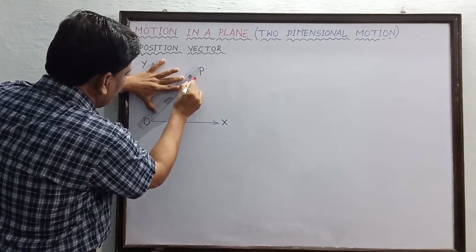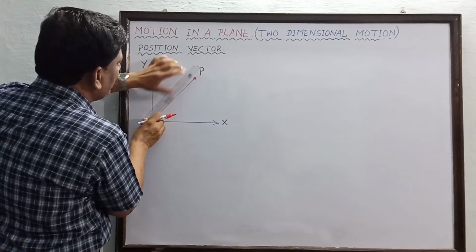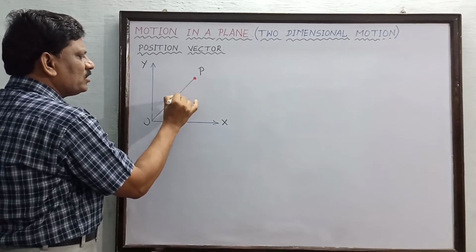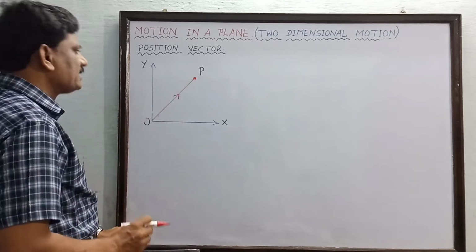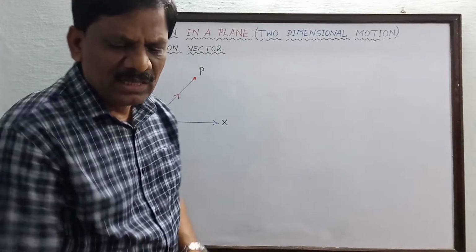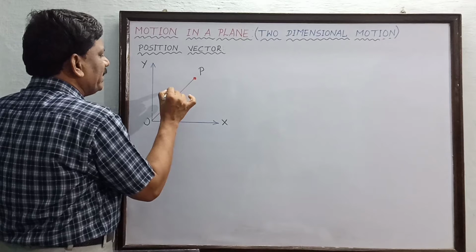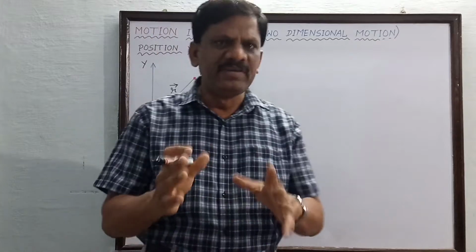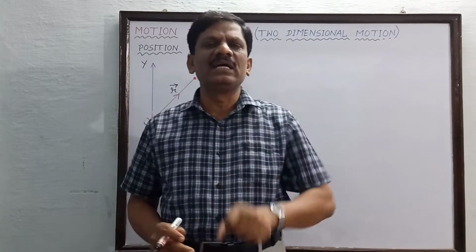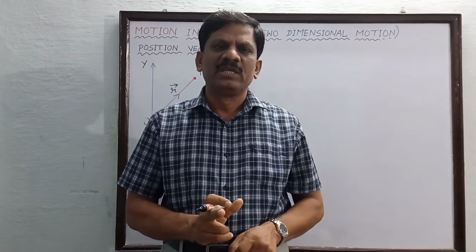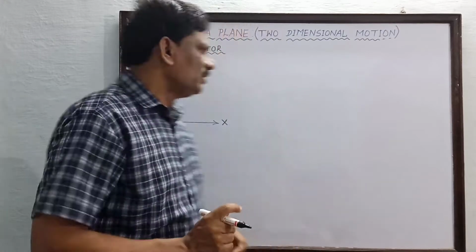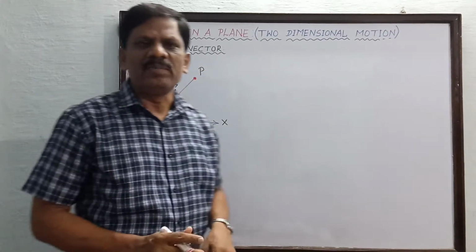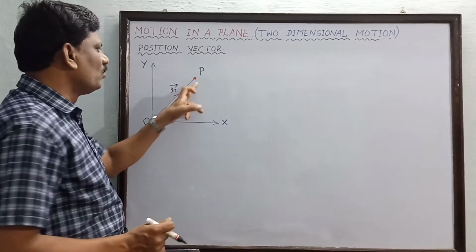A straight line joins the origin to the position of the particle. And now the vector OP is called the position vector. So this OP is called the position vector of the particle and it is represented by the symbol R vector. So how will you define position vector? Position vector is defined as the vector which is joining the origin up to the position of the particle, and it is directed from O towards